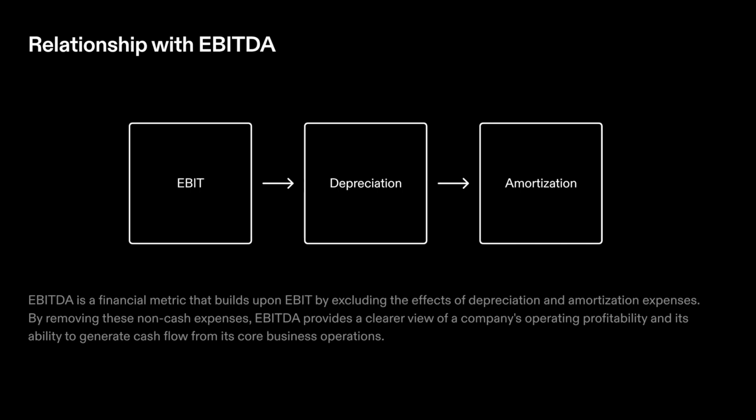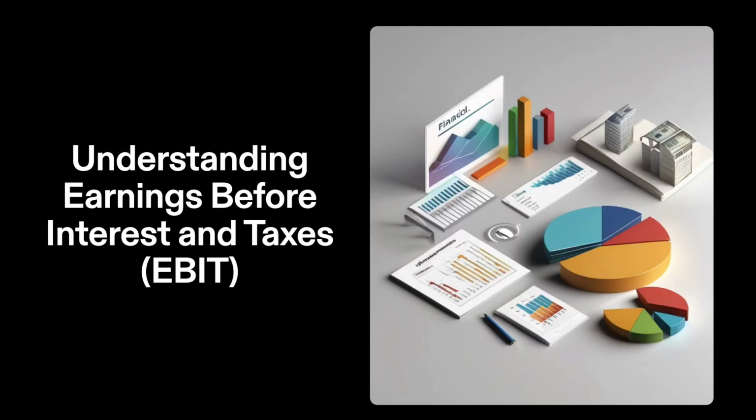6. Relationship with EBIT. EBIAT is closely related to earnings before interest and taxes, which also focuses on operating profitability but excludes taxes. EBIAT goes a step further by also excluding interest expenses, providing a more comprehensive measure of operating profitability. In summary, earnings before interest after taxes, EBIAT, is a useful metric for evaluating a company's operating profitability and